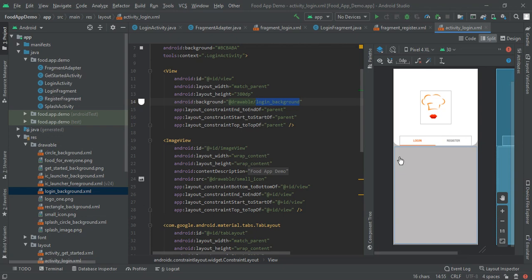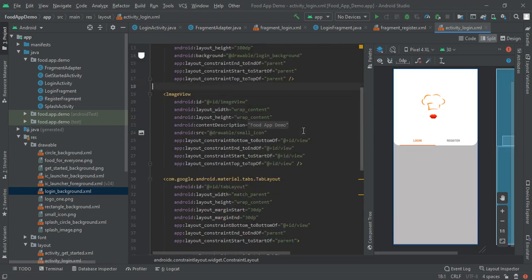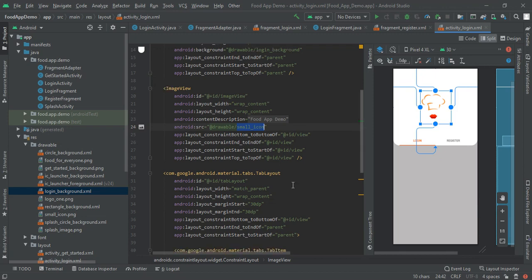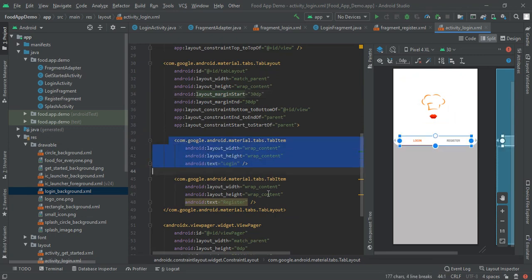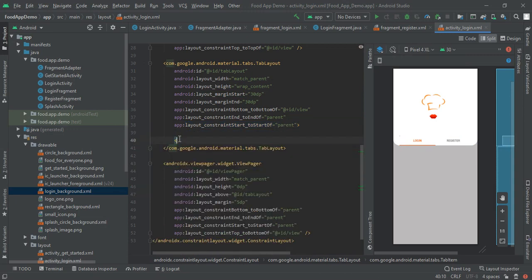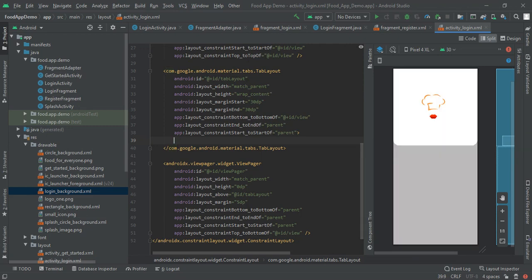And then we have one image view, which is the small icon you had imported in our previous video. Its width will be wrap content and height also wrap content, given its source small icon, and I had aligned it in the center of our view. Next I have the tab layout. This tab layout contains only a plain tab layout, but to show you I had imported this. Now I am removing this. So you can see our tab layout will look like this,